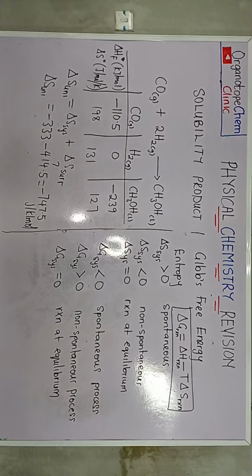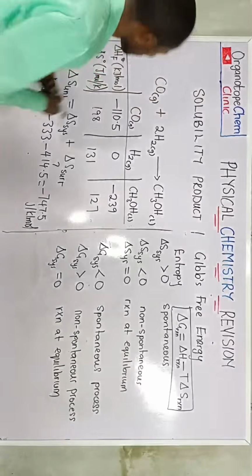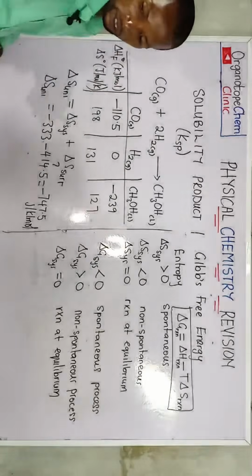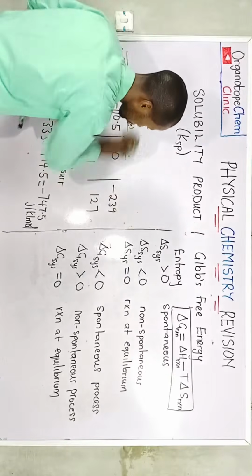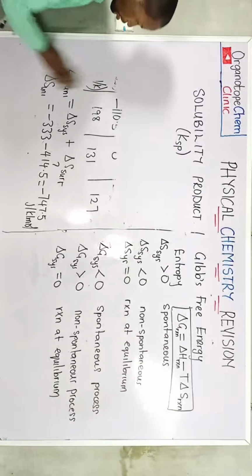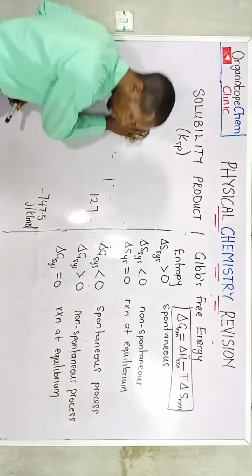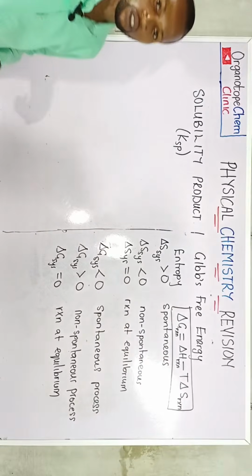So to solubility products. Now, solubility products is denoted as KSP. Okay? KSP, which is the solubility product, is the equilibrium constant of